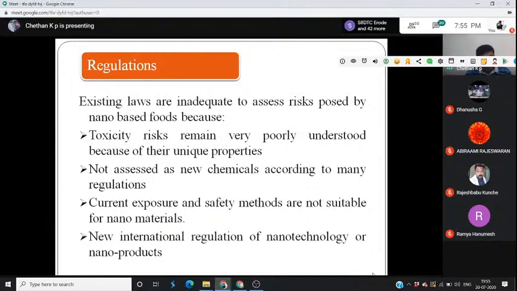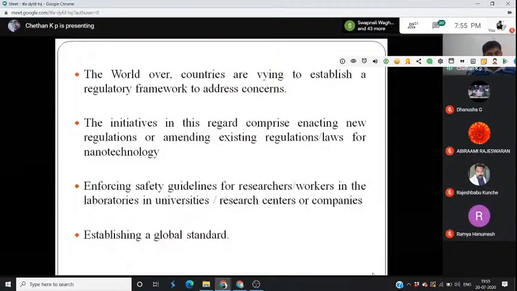We have to develop a higher level of safety methods when there is exposure to nanominerals. New international regulations of nanotechnology or nanoproducts are yet to come. Even at the international level, many countries have not brought up the regulations. The world over, countries are vying to establish a regulatory framework to address all these concerns. The initiatives in this regard comprise enacting new regulations or amending existing regulations or laws for nanotechnology and enforcing safety